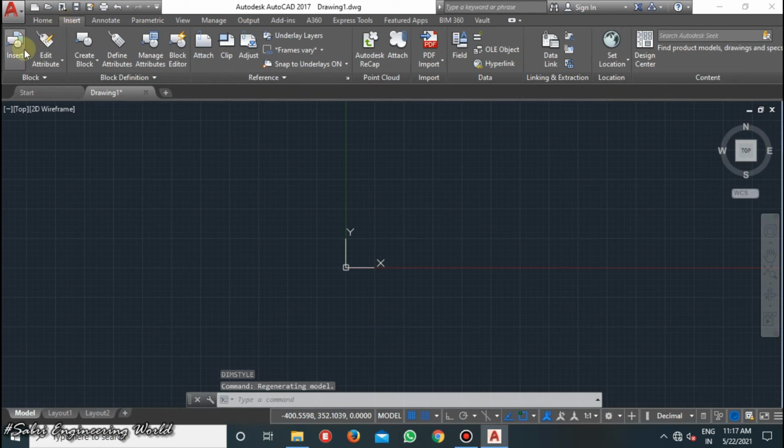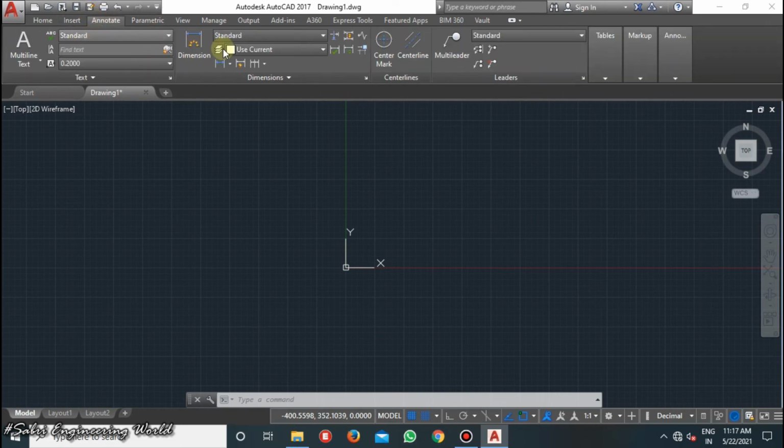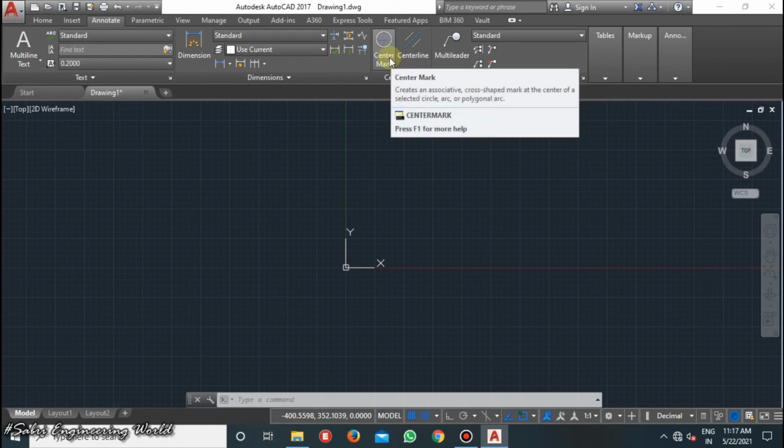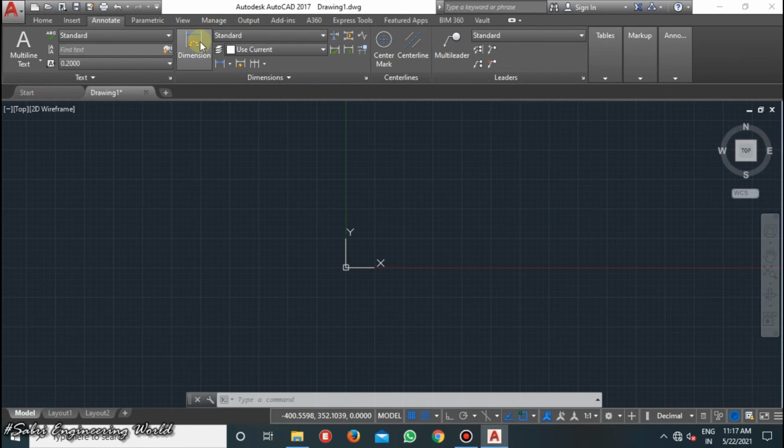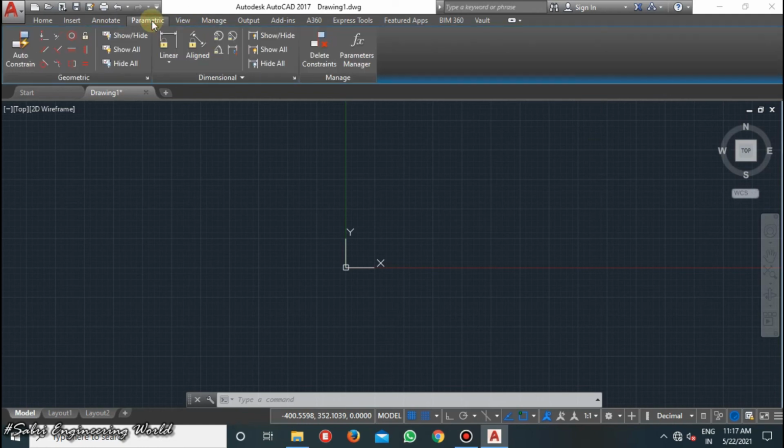insert options. If you want to insert any attachment files, you can attach from there. Annotate: this will help you mark the center points of circles and center lines of any other things. Dimension options are also there. This is parametric. Parametric will help you in the geometric area.